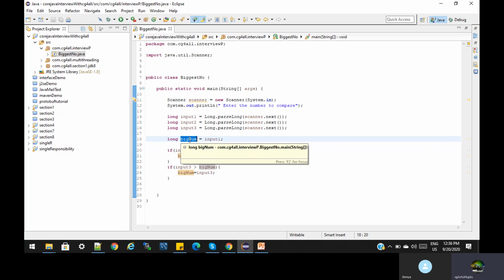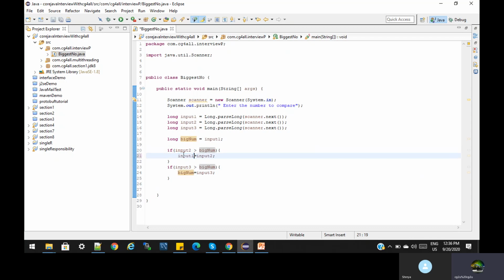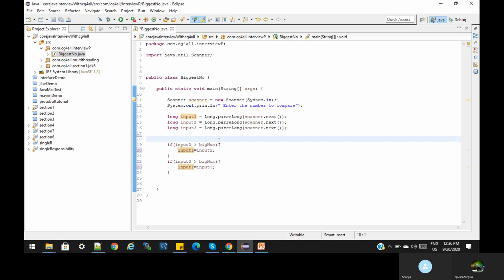So no need for the big number variable. I provide input 1 in its place, so this variable is not required. I delete this line itself and save. Input 2 is greater than input 1, and no need of big number, it should be input 1. That's it. Fine. Then we can print this value with SYSO.